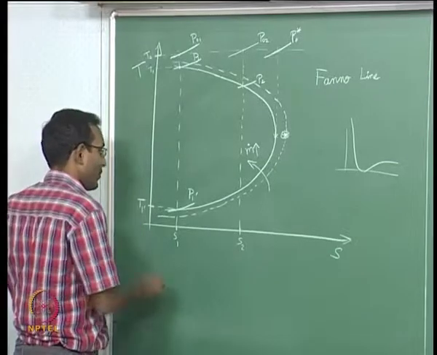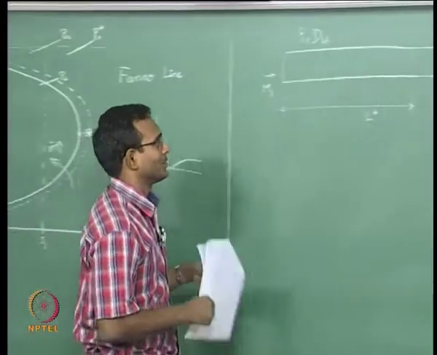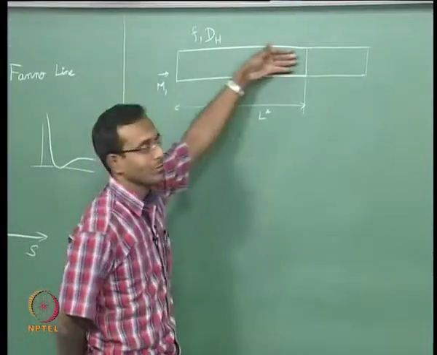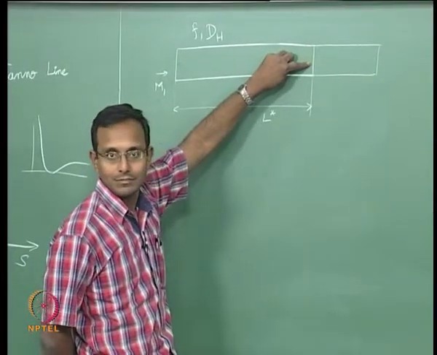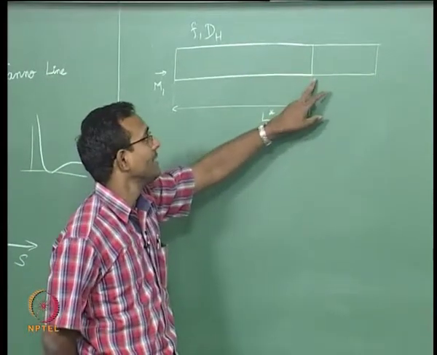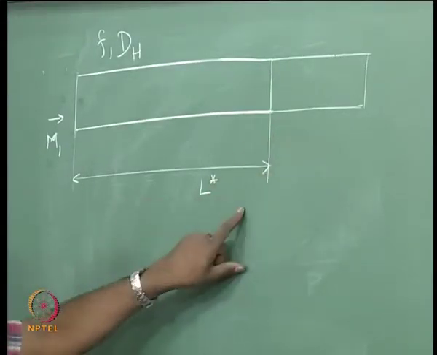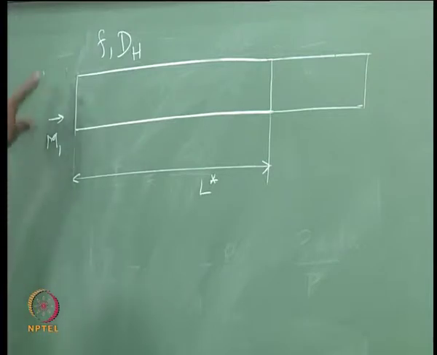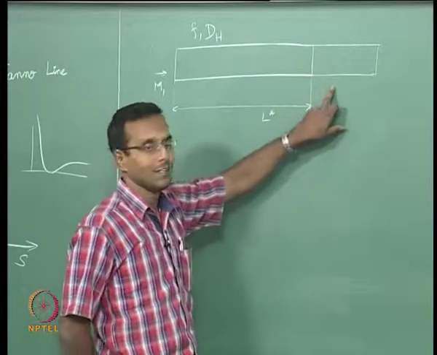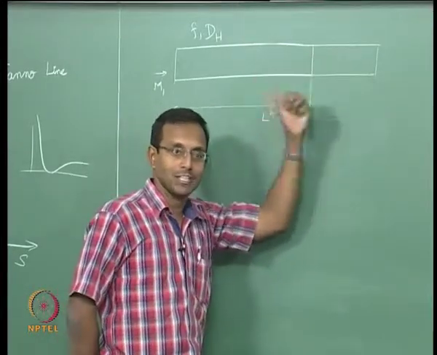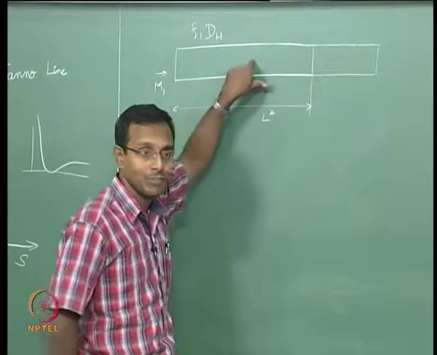And similarly, if I go to supersonic, it can do that. Now I will go back to that and look at what happens when it is supersonic flow. If I have supersonic flow and it is coming to M equal to 1, let us say here, okay, and I suddenly increased my duct length. Let us say this is my L star, M1 is now greater than 1. For a given f and D, I have some flow, and I increase my length. What will happen? Again there is going to be retardation of flow, so there will be compression waves going in, but it is supersonic flow.